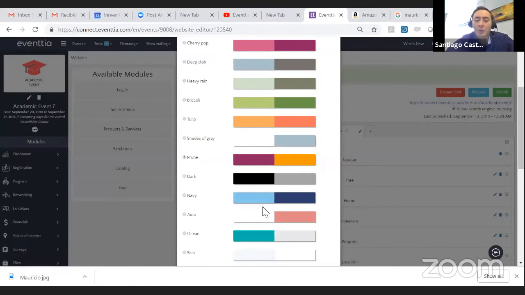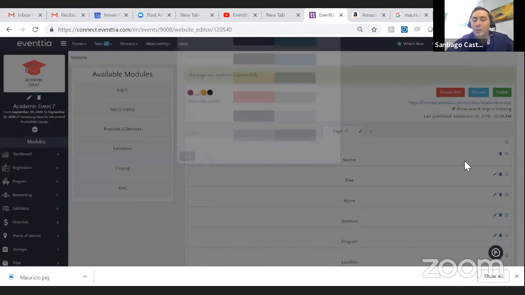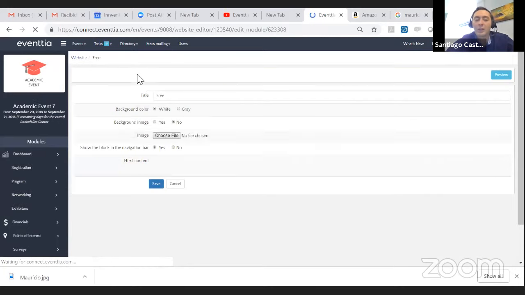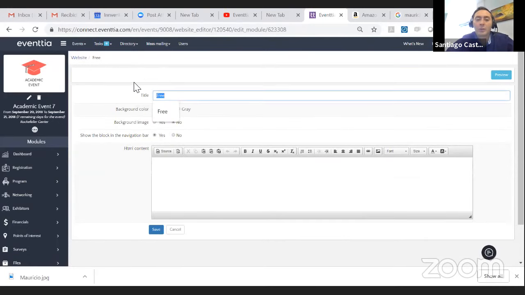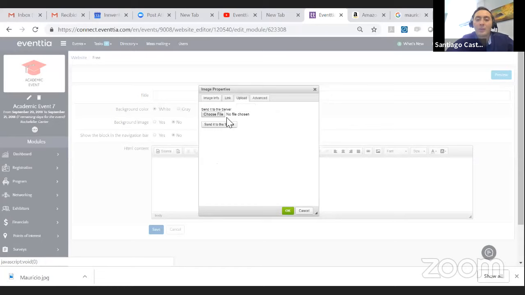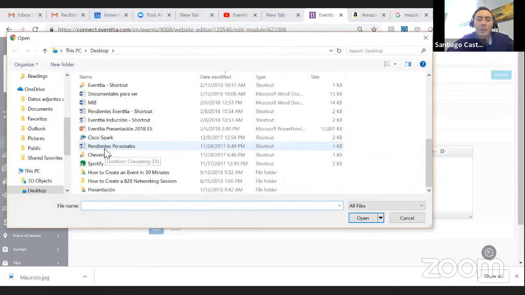I'm going to change the color here because I prefer this one. So that's it. And I'm going to add an image. This is how you add images in Eventtia. So you click here on edit in the free module. I'm just going to take off the free so it doesn't appear there. And I'm going to select here images and put an image. So which is my image? It's going to be